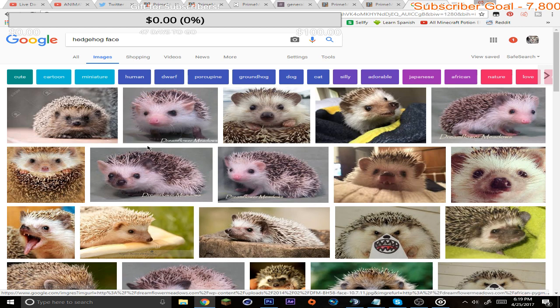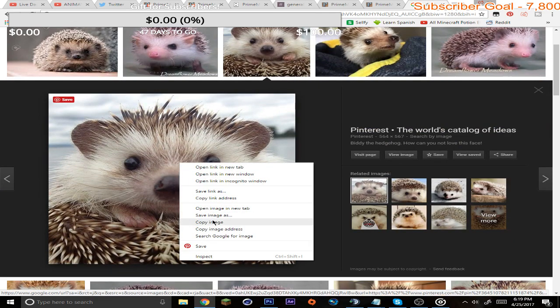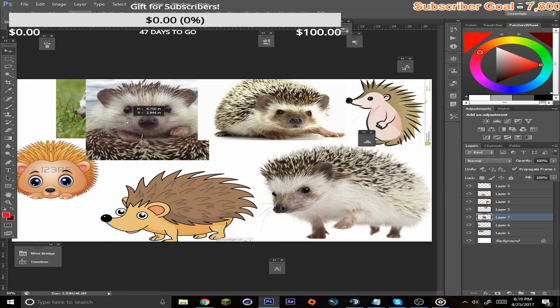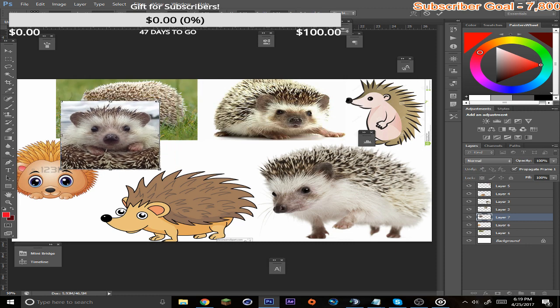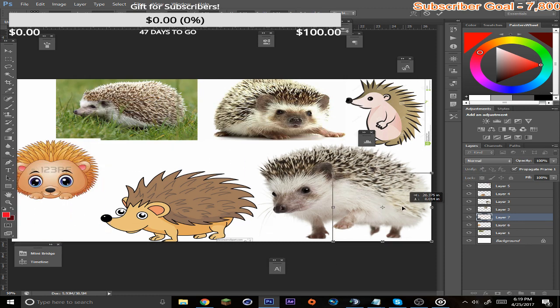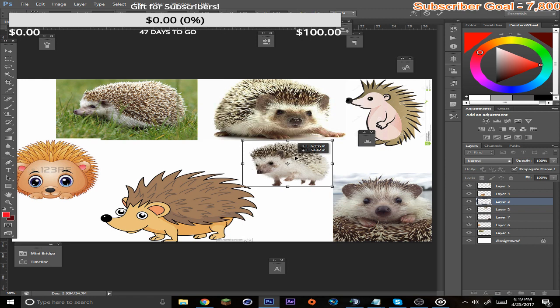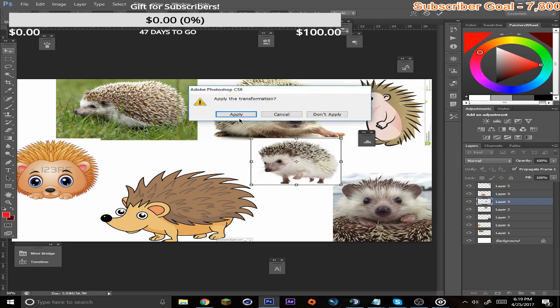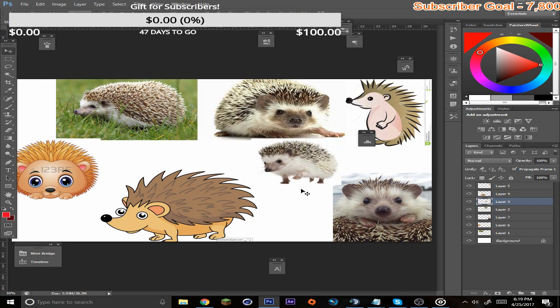So dancing. Oh, this is cute. This is cute. This is cute. I like this guy. Or we could just do a regular drawing, but I guess that's not as good, I guess you could say, maybe. We're going to put this dude over here, and we're going to make this guy a little bit smaller. He's pretty big. He could be a little smaller. Okay, there we go. So now we have all these different references